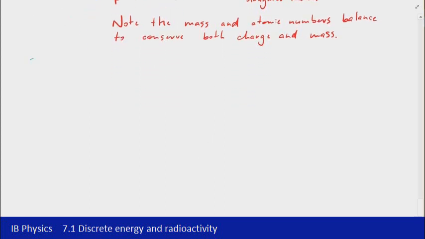The second type is beta negative, sometimes just referred to as beta, but I'm going to write beta negative to distinguish between beta negative and beta positive. Now the symbol that we use for beta negative is a beta with a negative beside it as well. Now this one's a little bit different. Beta negative is an electron from the nucleus, and you might say, well hang on, electrons aren't in the nucleus. The reason why we end up with an electron in the nucleus